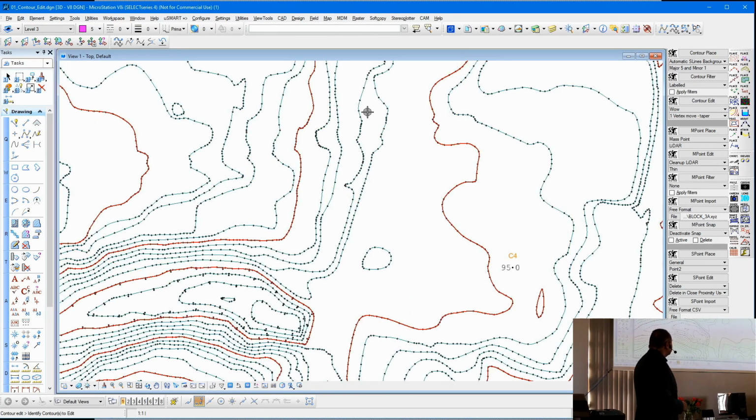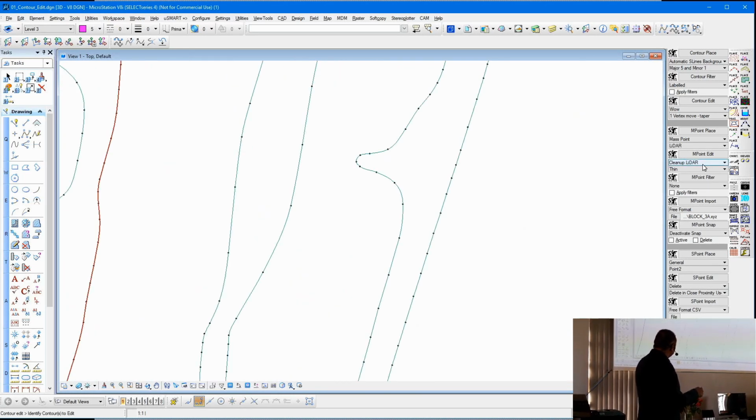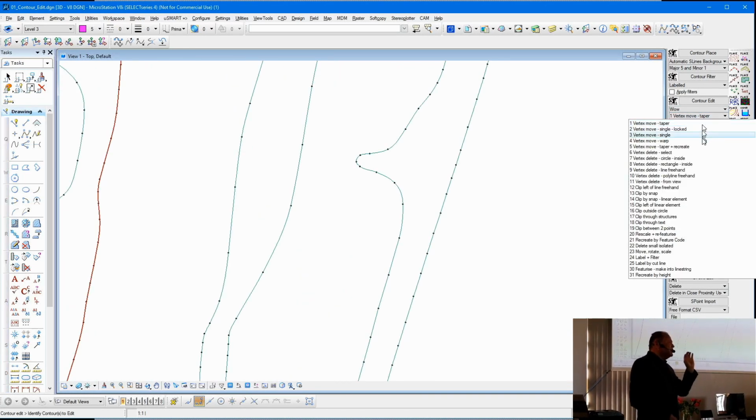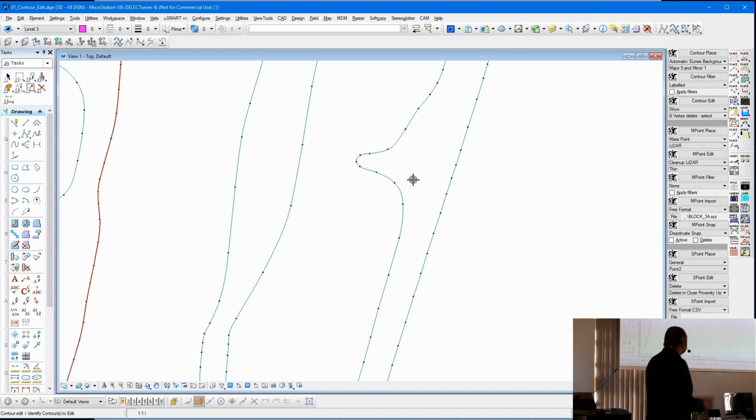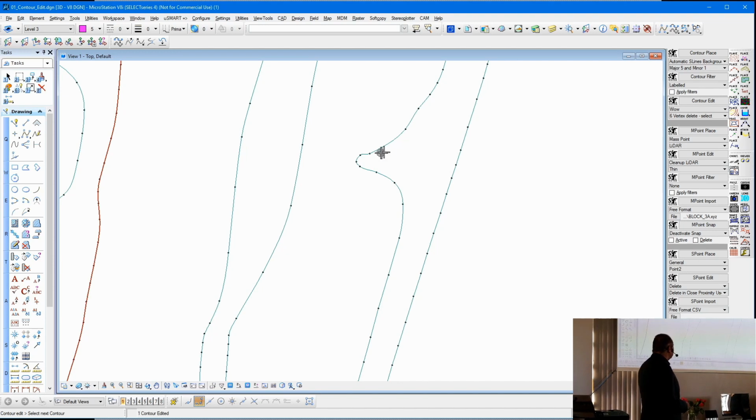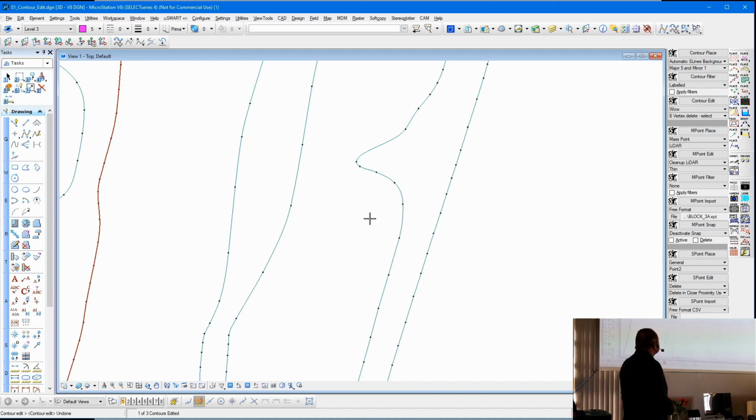And show the deleting of the vertices. Let's say we recognize that there's a problem. Remember, we're showing you some of these might not be 100% applicable to contours, but this is for any element that you've drawn, road or whatever. Okay, so in this area over here, we want to clean up. We realize there was a bad point over there, and you could go one by one, and this could be time consuming. So we've added routines